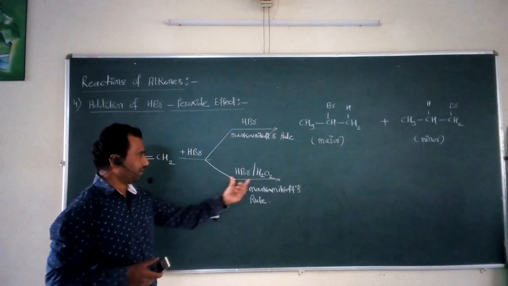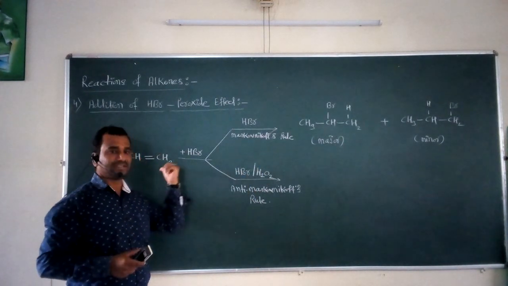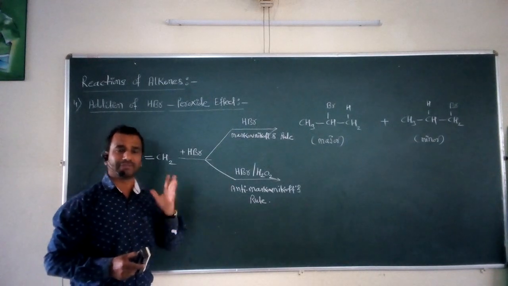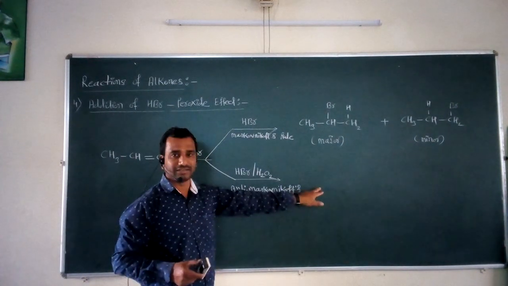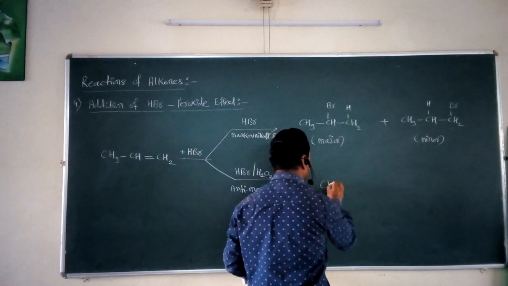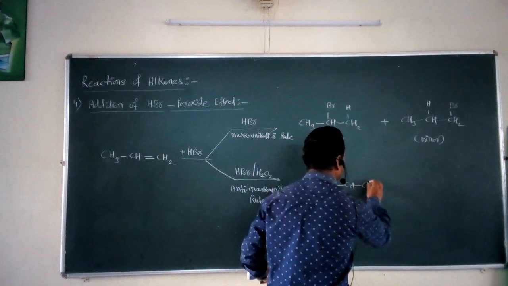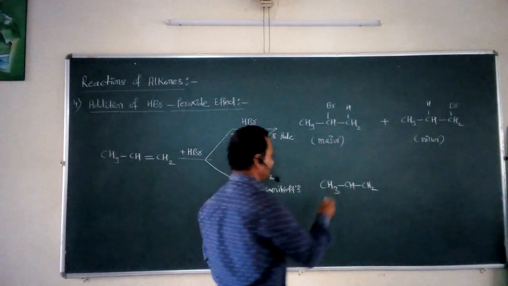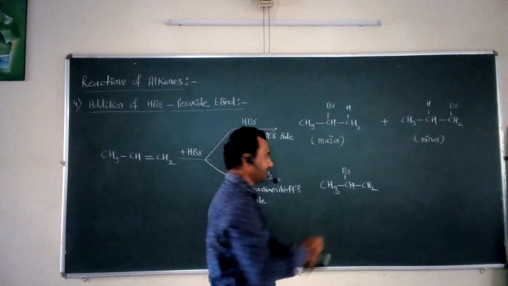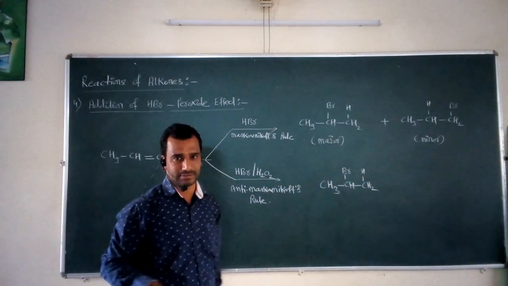Before that, first of all, we are going to write the product of this particular reaction. 1-propene reacts with HBr in the presence of H2O2. What happens? Again, this is an example of the addition type of reactions. So, again, you will get two types of products. Now, what are those products? Again, I write here, the first product is CH3, single bond CH, single bond CH2. In the first product, this bromine is added to this second carbon and H to the terminal carbon. So, this is the first possible product.